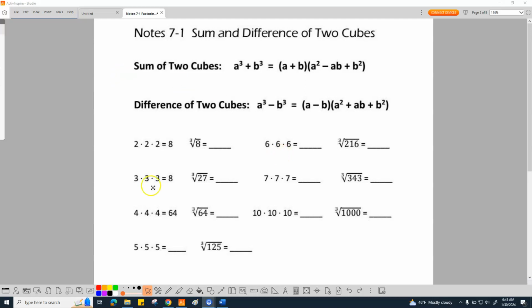But before we get into that, these are going to be your friends: these two equations right here. The sum of two cubes and the difference of two cubes. They look difficult, and they kind of are, but once we break it down, it'll be fine. I'm also going to put this on an anchor chart up on the board. Right now I put the square root one up there, but now I'll have a cubic one as well. Before y'all panic, let's talk about what a